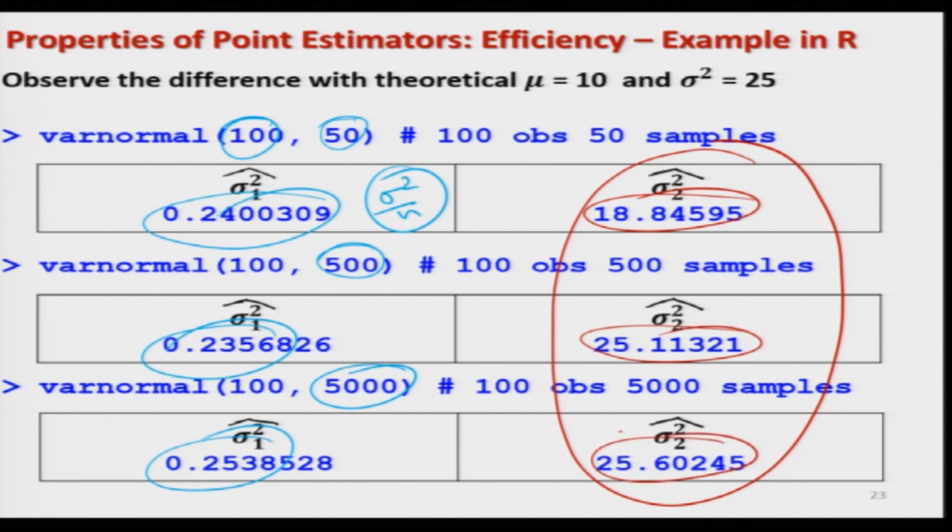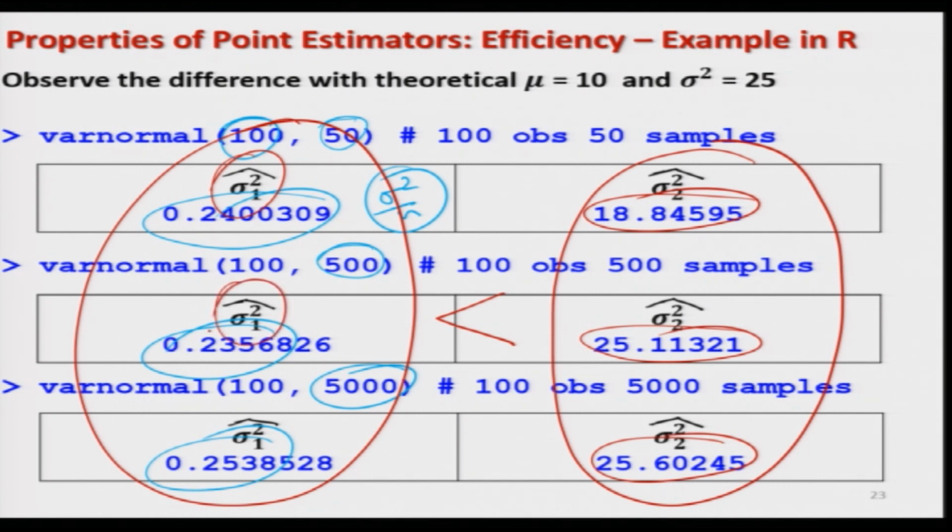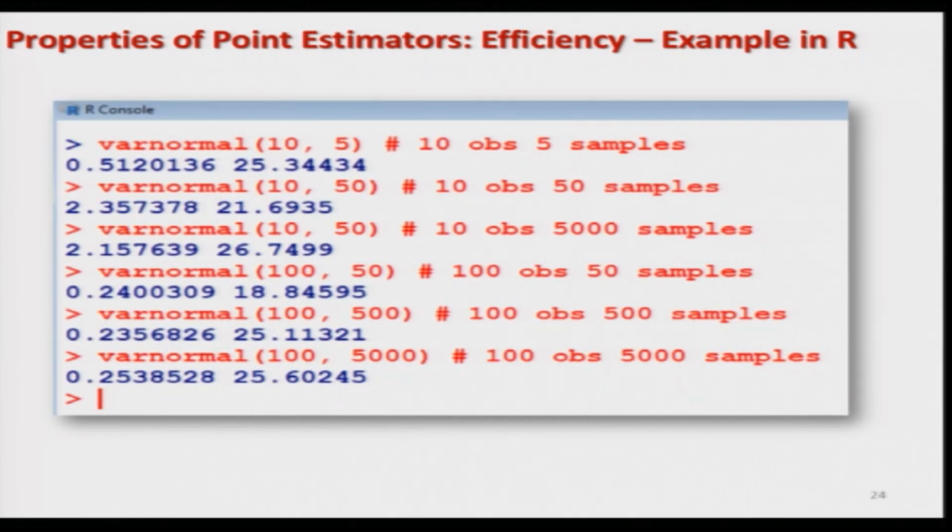So, you can see here that all these variances are greater than the variances that you have obtained using the expression of sigma 1 square hat. So, this clearly shows you that the variance of sigma 1 square hat is smaller than the variance of sigma 2 square hat in general. You try to repeat this experiment for a variety of conditions whatever you can expect that can happen in data science, and then try to see, possibly you will get an idea how these variances are larger or smaller, and this is the screenshot of the same outcome which I just showed you.